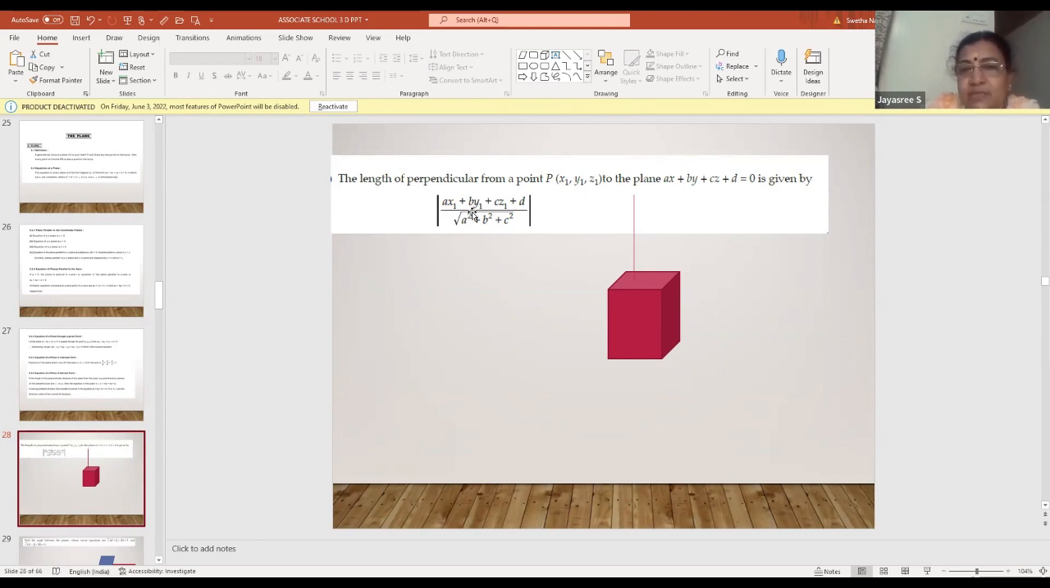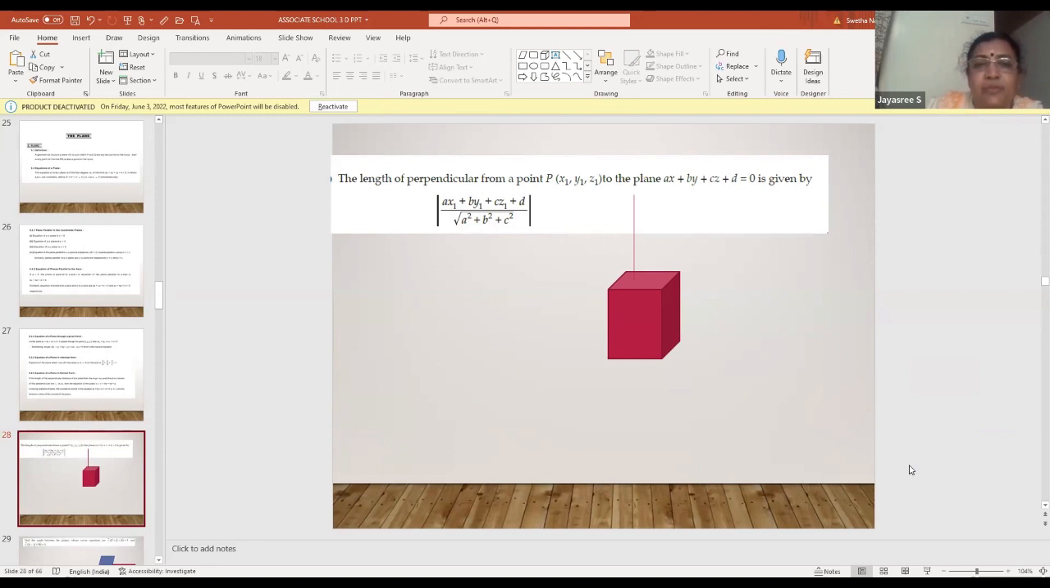I have kept the next concept as the length of the perpendicular from a point to the plane. We know this, so I'm not going to discuss what we already know; we are just going to recall it, walk through the chapter. The distance is |ax1 + by1 + cz1 + d| by the root of a square plus b square plus c square. Here, the mistake I observe is, in the reader,